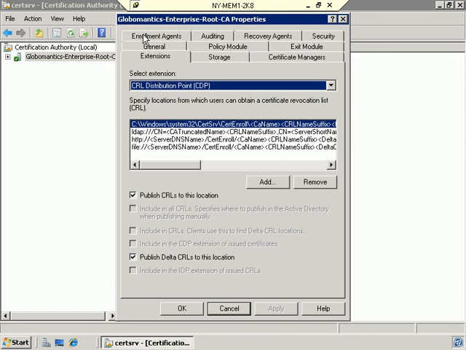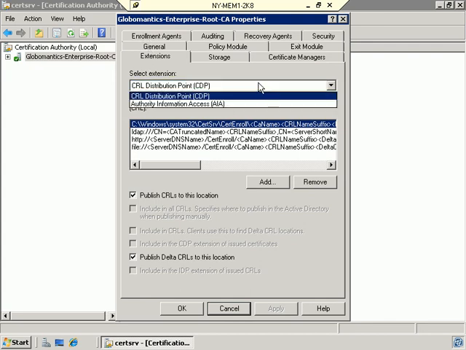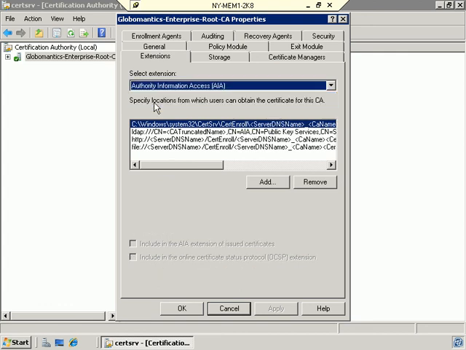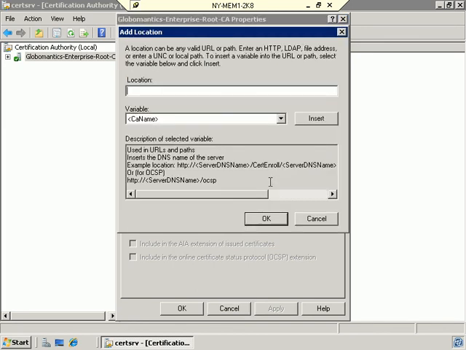Now, again, this is kind of very specific, you have to do this. You have to include something called the Authority Information Access Extension in order to be able to go ahead and utilize the online responder. So right here where it says select extension, instead of CRL distribution point, we're going to use the Authority Information Access. And then you see here it says specify locations from which users can obtain the certificate for the CA. Well, let's go ahead and add, and I'm going to put in